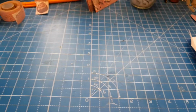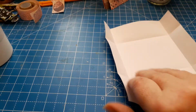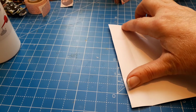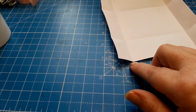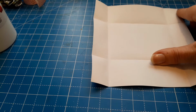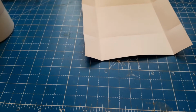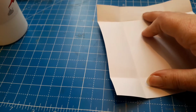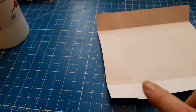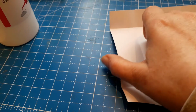So to make those, what I've done is taken a piece of 6x6 paper and I've taken my pencil and measured 1 inch in from the edge at the top and at the bottom, and then come across and measured 1 inch from the top across and at the bottom, and then I folded it over and scored it really well, and then I've turned it round and I've measured 1.5 inches in top and bottom and folded that over,